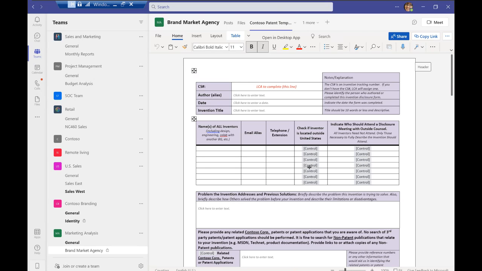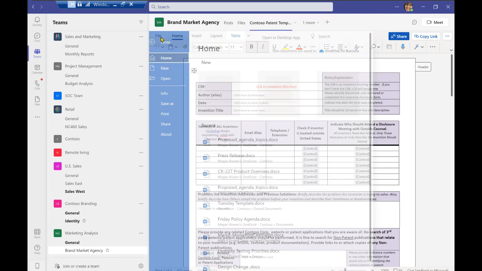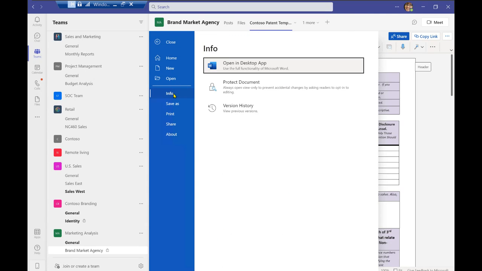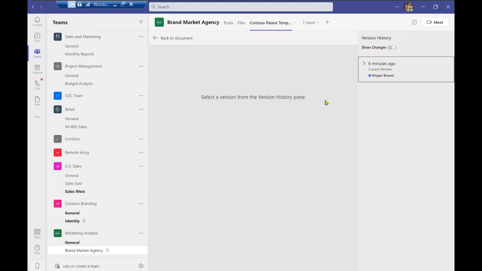Now, some information I did want to briefly review before we go ahead and work on this. Once again, if I were to collaborate with my colleagues, their avatars would appear right over here, and I can select their avatars and see where they're working. But along with that, if you wanted to access a previous version of the document, perhaps you weren't able to work on it when everyone else was able to work on it, you can go ahead to File right over here and select Info. And once you select info, you can select a version history. And when you do select a version history, you can access a previous version of this document.